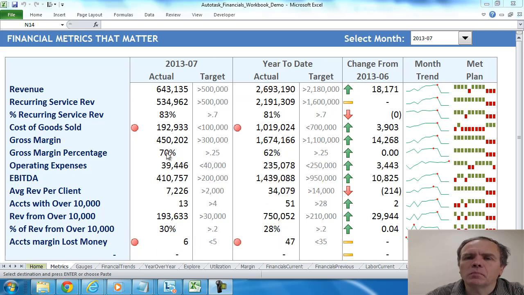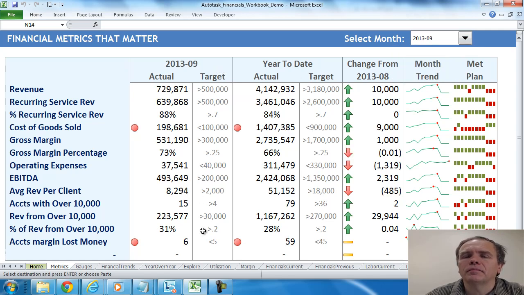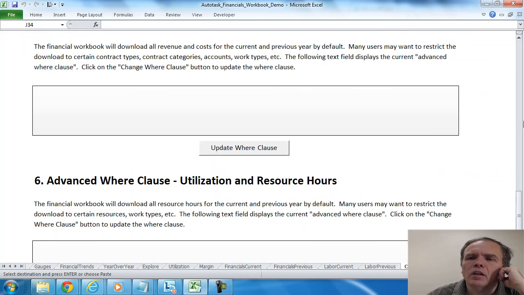We provide a specific month total. You can use the pull down here to actually select a different month if you wish to. So if I wanted to say I'm interested in September, I would see September. I'd also see year to date, from the first month to the selected month for the year to date total. One of the things that you'll see on the config screen, and I'll just go over there quickly and show it to you, is that you can specify your